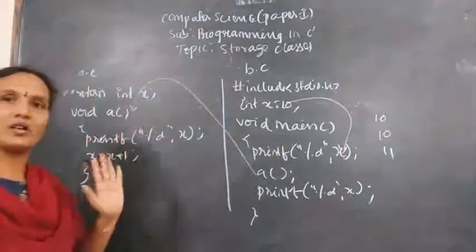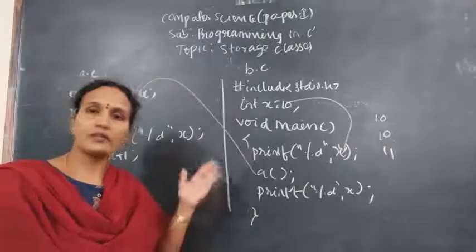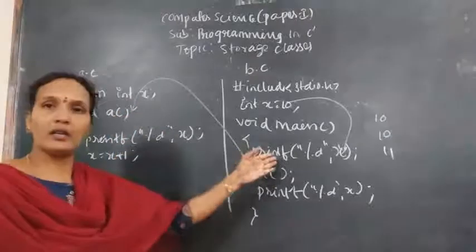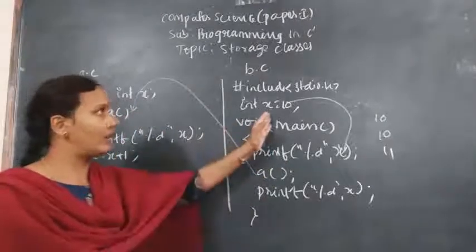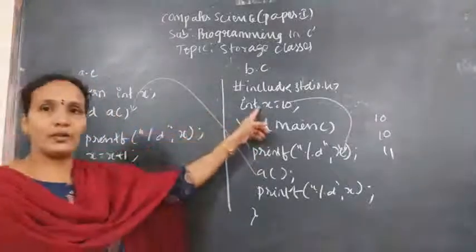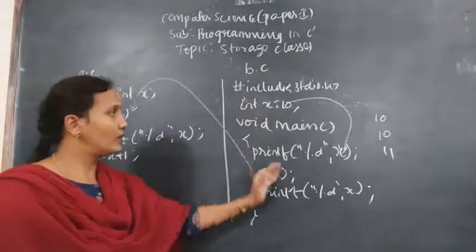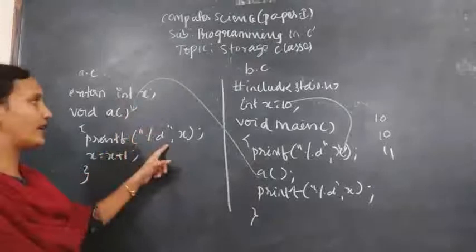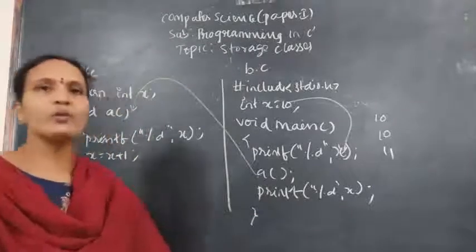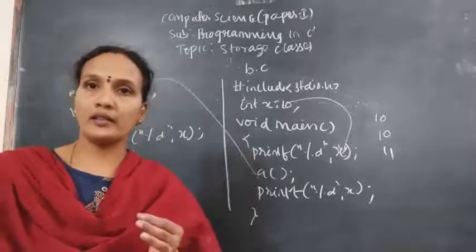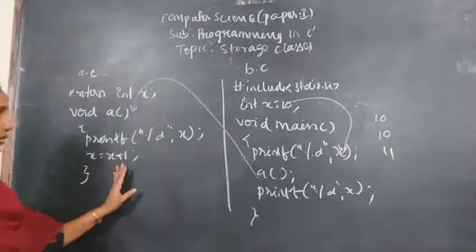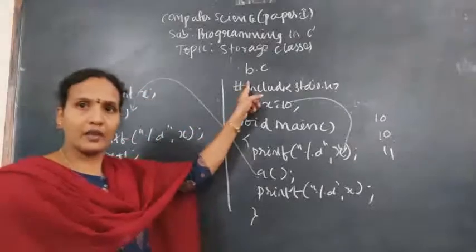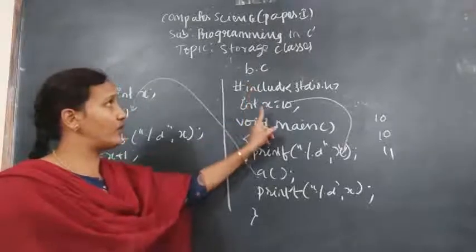But in this program I have not declared the x value because x is an external variable. Whatever value is there for that variable is in the other program only. So when the program execution comes to this file, it will print the x value, update the x value, and again print the new value of that x variable. Only the thing you need to remember is that in this program the x value is not declared. The x value we are taking from b.c. In b.c, x equals 10.